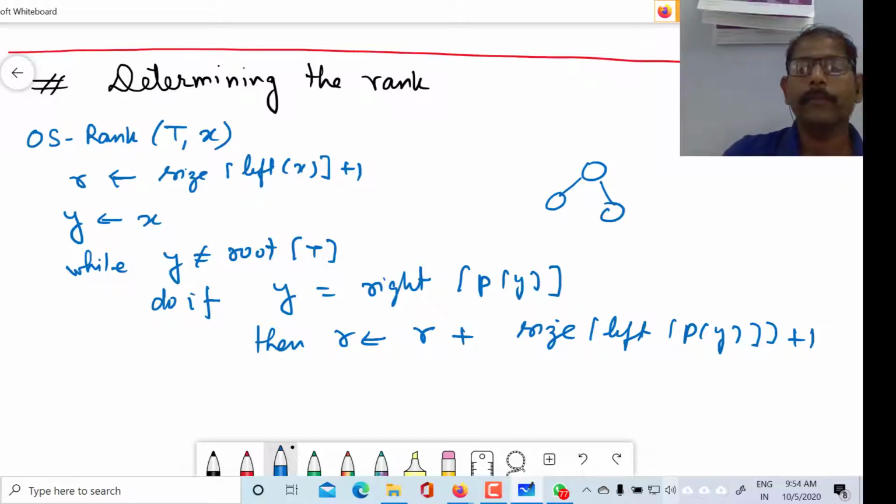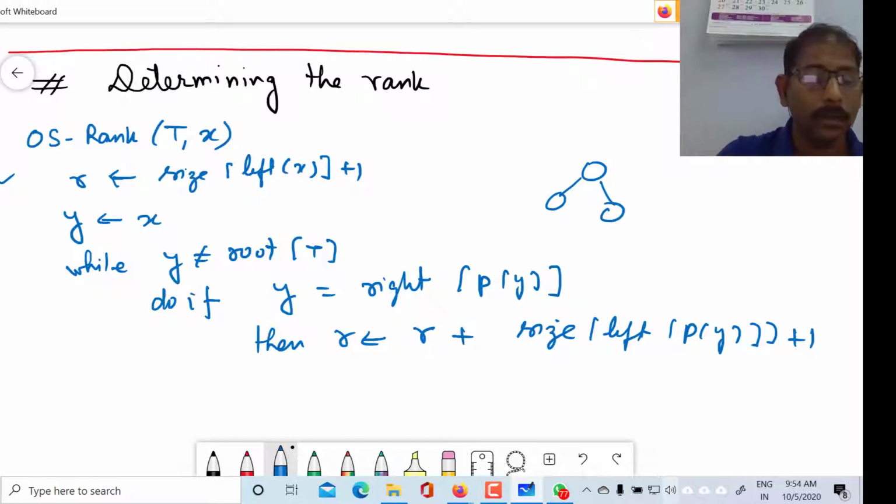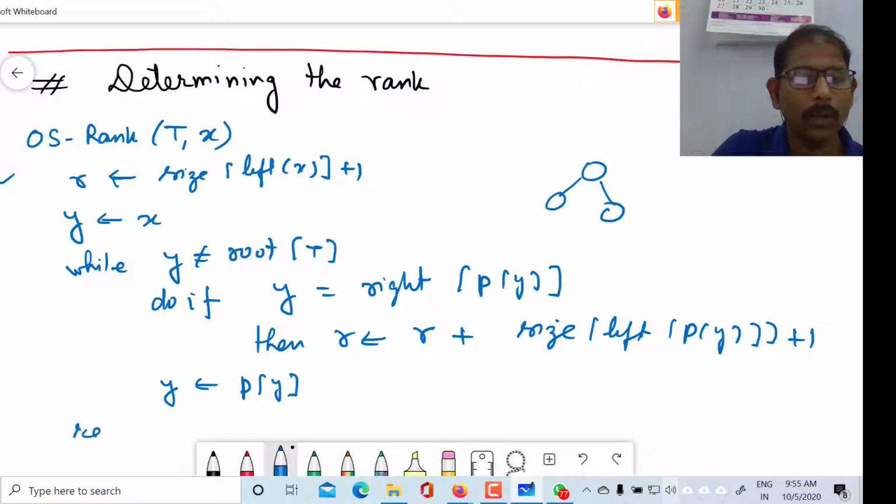And if y is the left hand side, then we will directly apply this formula and find the rank. So this is very easy. And the last two lines: we will check on its parent, and return the value of rank which we have calculated. Return the value of r.